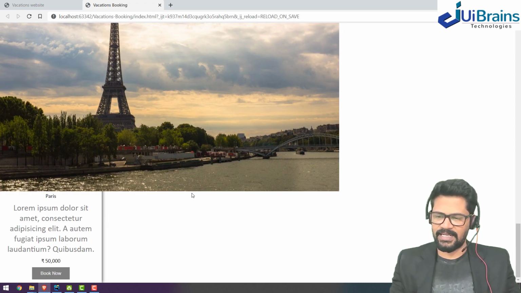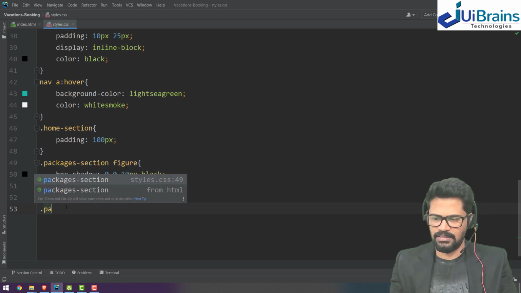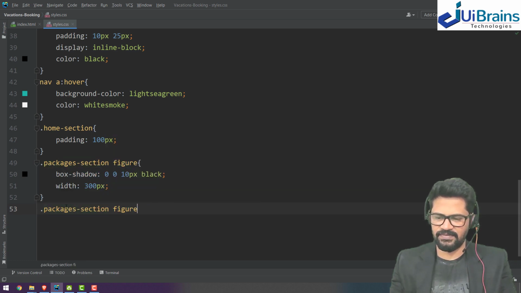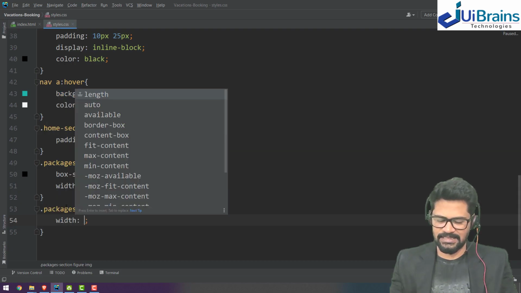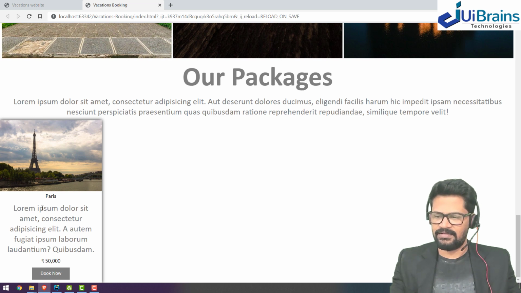Okay, so width has applied, but images came out. You need to go with dot package section space figure space img. Let's say the width 100 percentage. So you get the width fit to the card. Okay, that's fine. But if you closely observe, Paris, the name is very small and the text is very bigger.